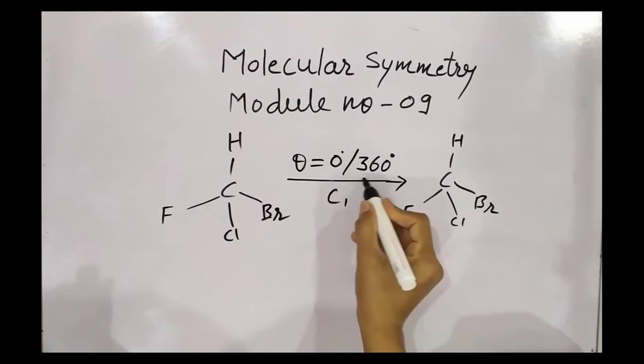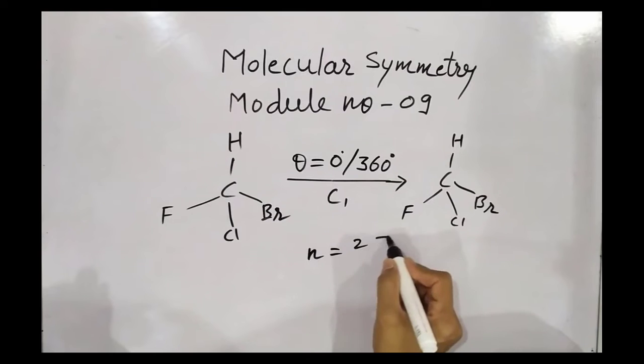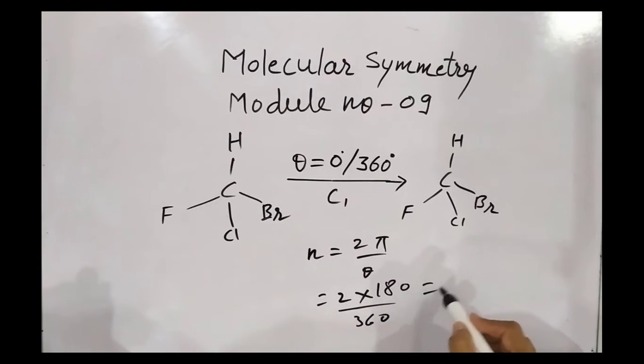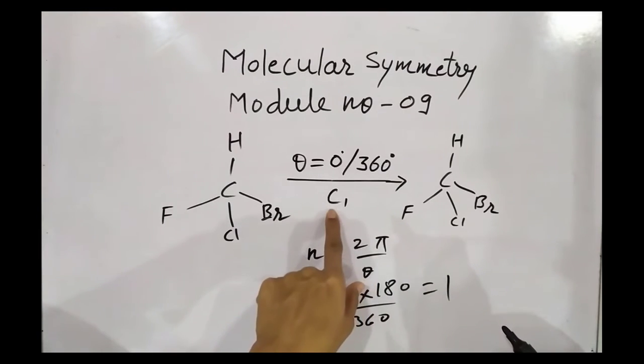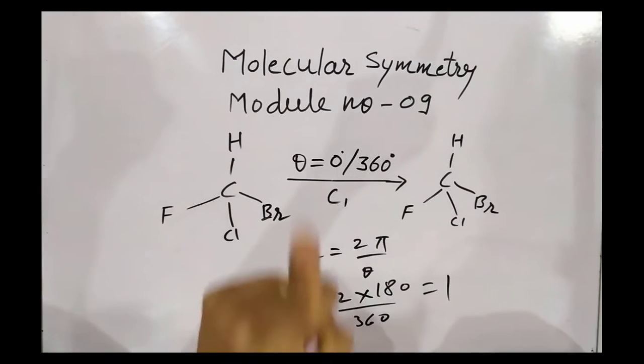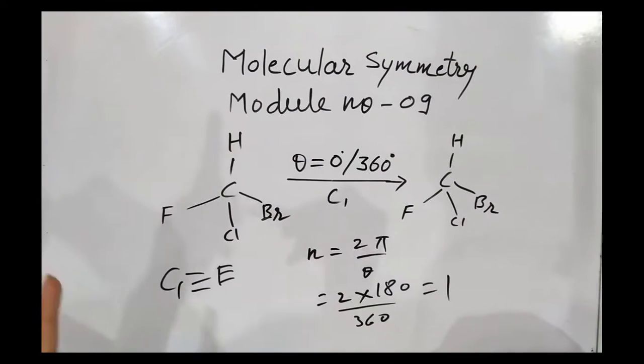And if you are rotating by 360 degrees, what will be the fold of rotation according to the formula 2π/θ? It is 2π into 180 upon 360, means what is the value of n? It becomes 1. Hence our rotational axis will be C1, and whenever we have rotational axis C1, it is absolutely